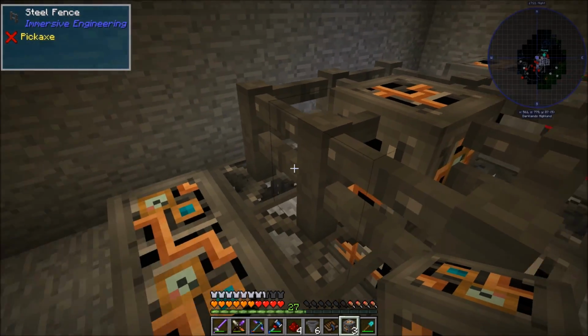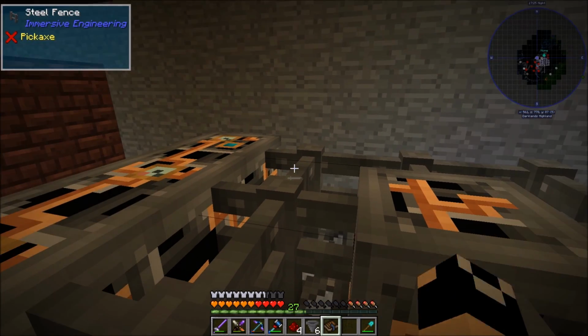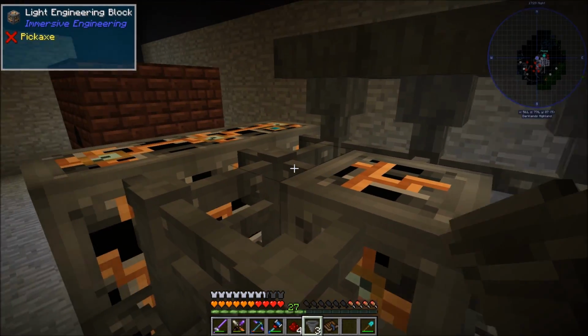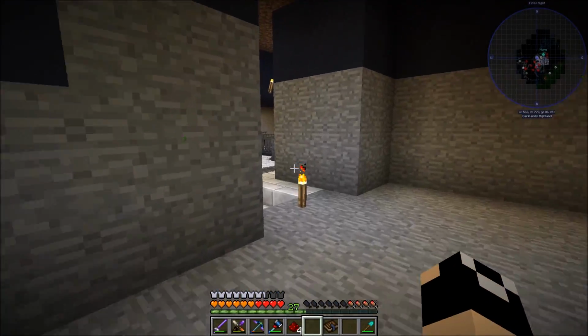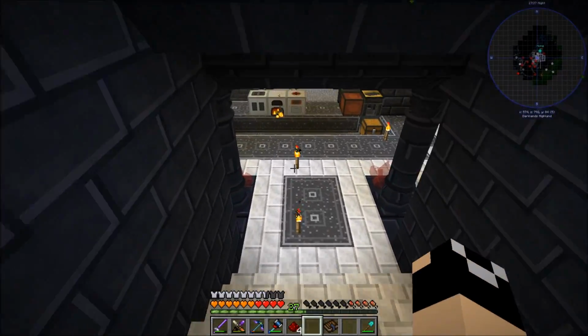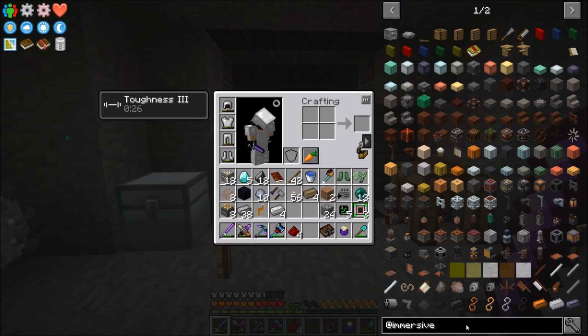Alright, so 1 light engineering block there, and then these, and then our hoppers. Pop, pop, pop, pop, pop, pop. Okay, I just need 11 more iron. Let's go see. Okay, well, while we're waiting for that,